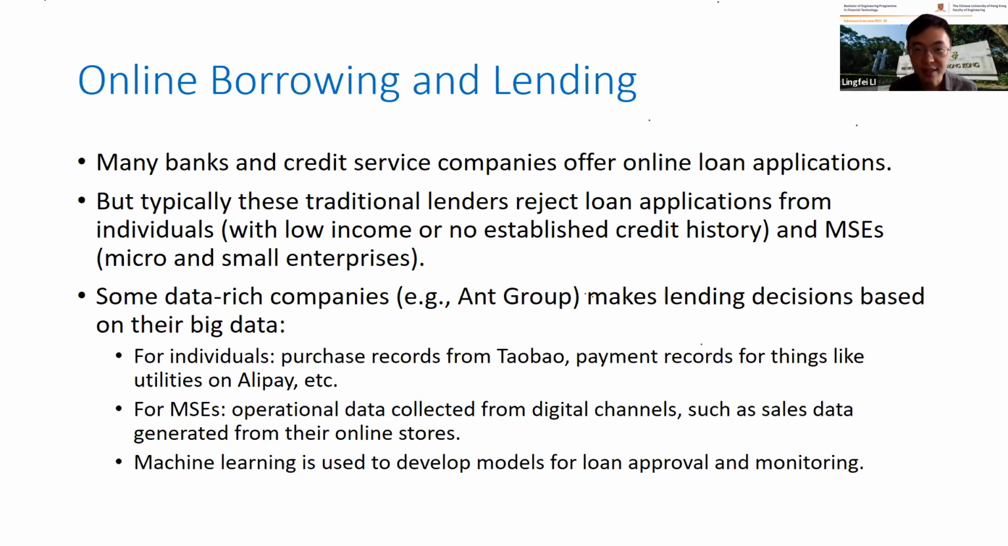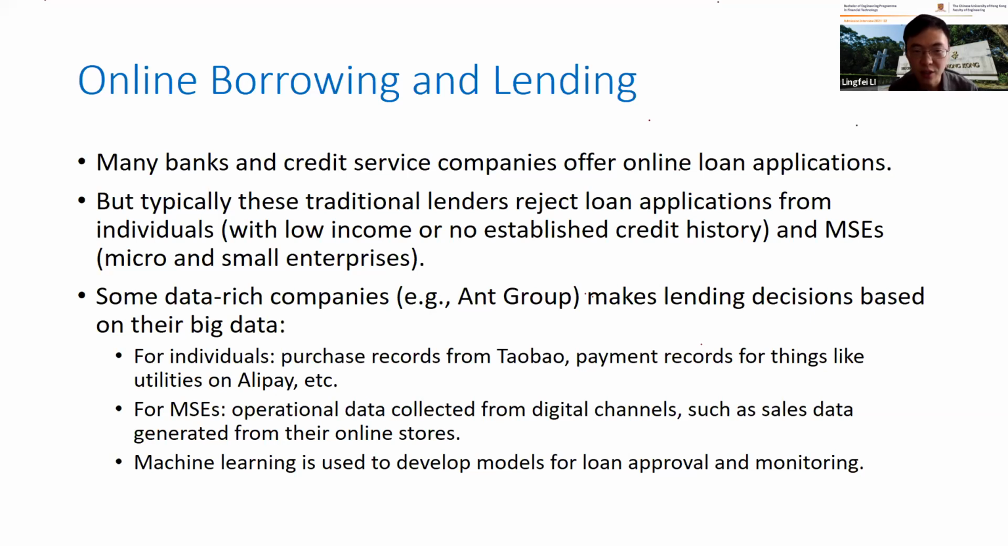The reason is, or I should say the big difference is, Ant Financial possesses a massive amount of data about these individuals and also those MSEs. Okay, they have data about them. They have information about them. So many people